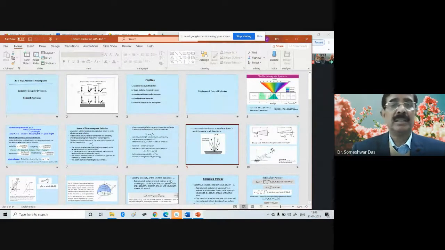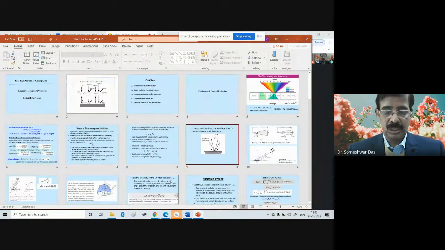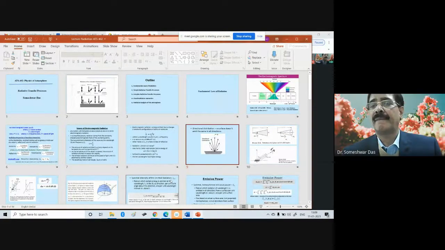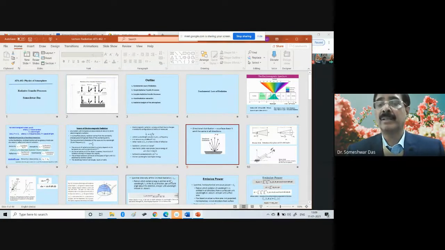And we talked in the last class about what is longwave and what is shortwave. Do you remember that? Can anybody recall what is longwave and what is shortwave? Shortwaves have wavelength less than 4 micrometer, right, and the longwave greater than 4 micrometer. Okay, great, very good. So that's how we categorize or classify the shortwave and the longwave radiation.